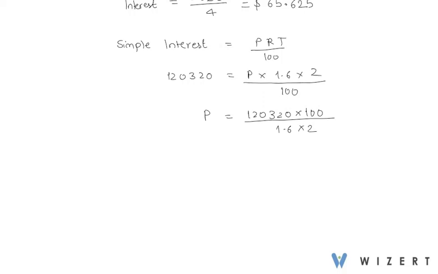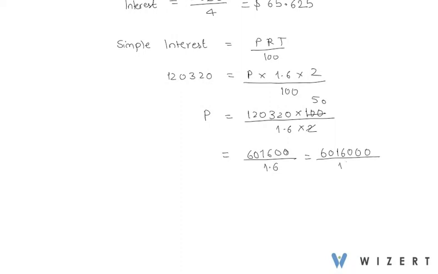So that is, let's see, this is 50. 5 2s are 10. 5 3s are 15 plus 1 is 16. 5 2s are 10. 5 1s are 5 plus 1 is 6, divided by 1.6, which is equal to